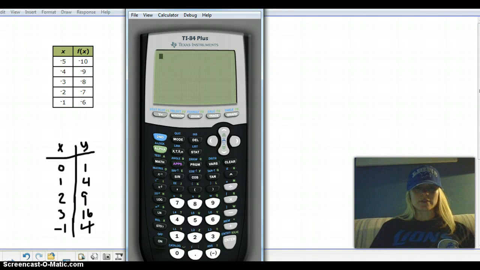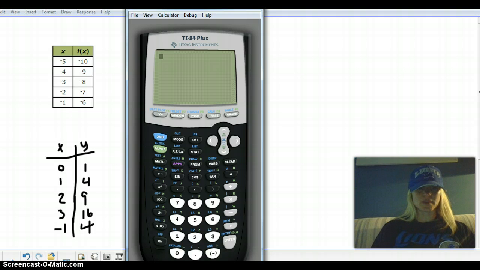So I only have so many as a class set, and you're going to need to use it at home. So it's definitely something that you want to invest in. You'll be at a bit of a disadvantage if you don't have one of these to use at home. So I'm going to show you a couple of features that we're going to use tomorrow. So you might want to take some notes as to how to use this calculator when we're working on this